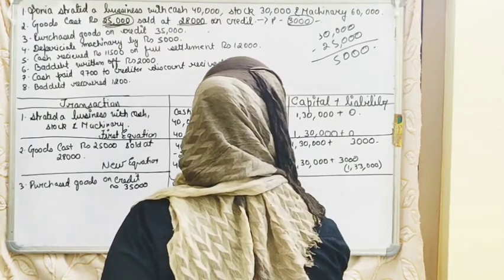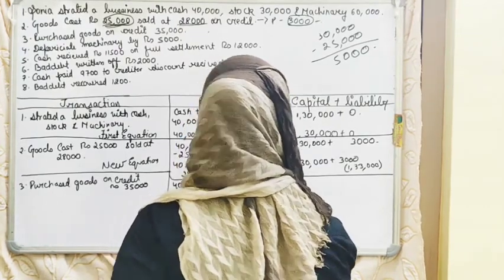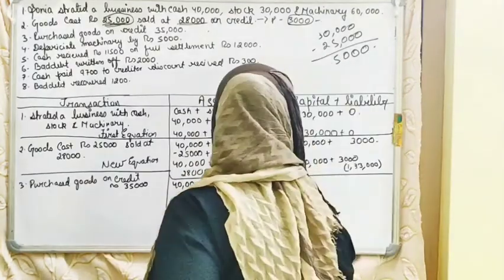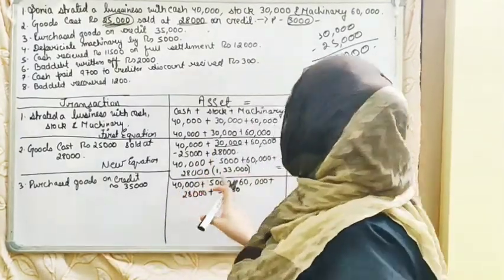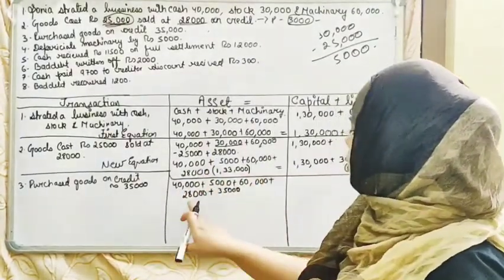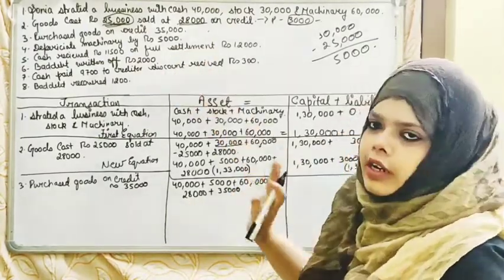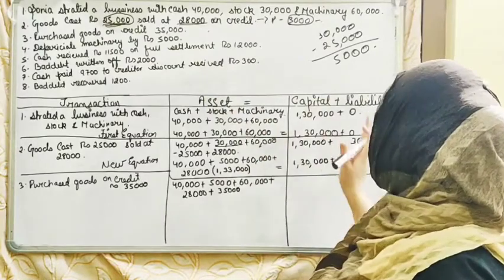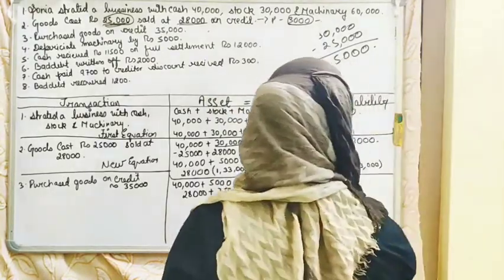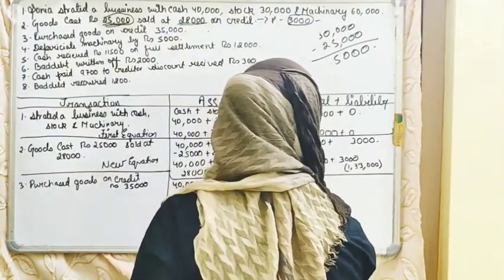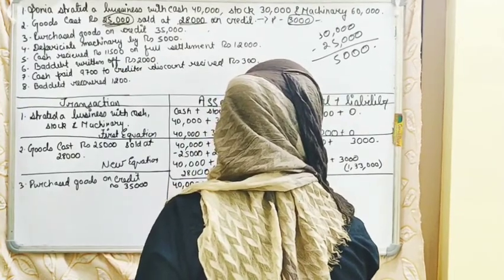Sorry, it won't be just minus. So we have 40,000 plus 5,000 plus 60,000 plus 28,000 plus 35,000, that is goods purchased on credit. So coming down to the capital and liability part, we already had the amount, that is 1,33,000